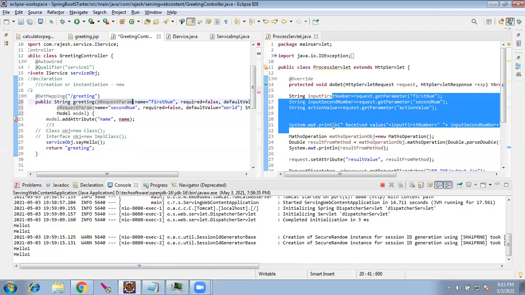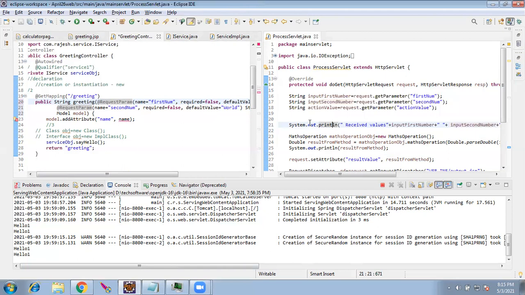Now we have to call the max operation, which is in a different file. How are we calling it in the servlet? We have the math operation here, and we are just going to call this one. This is what you have to focus on. We are using the new keyword.